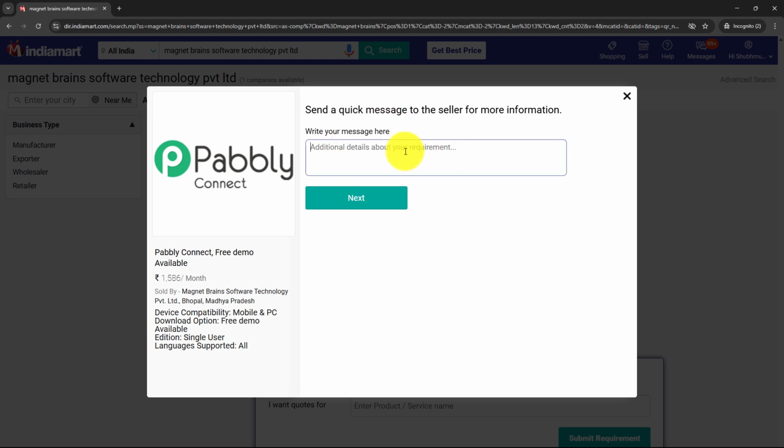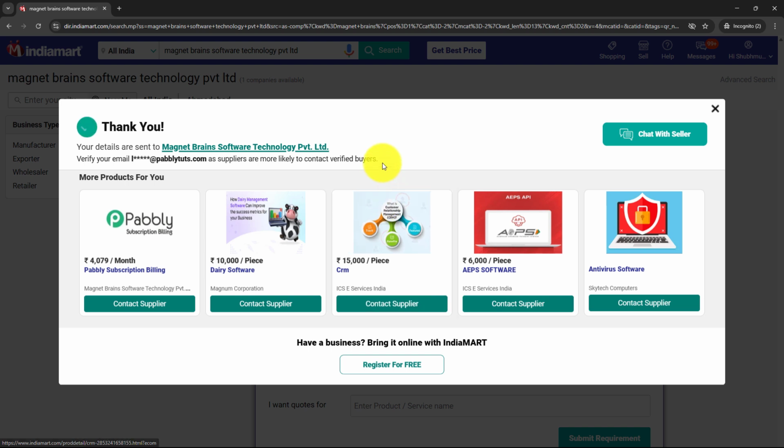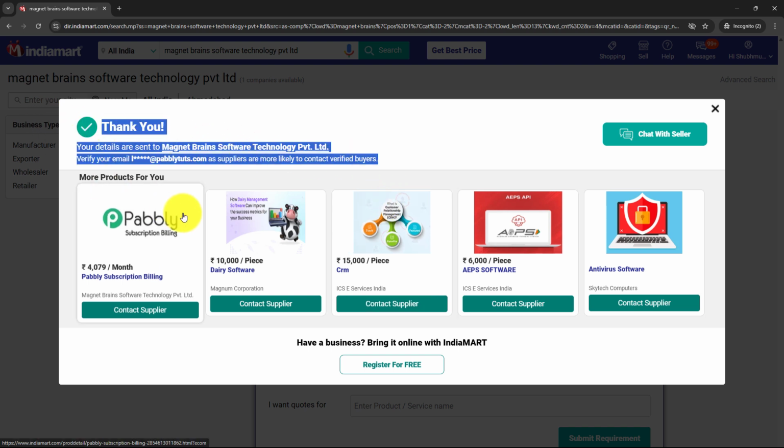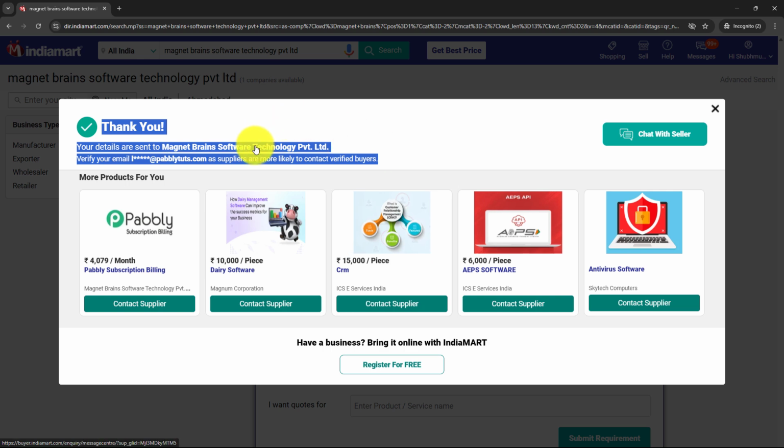So let's say my query is: hello, looking for professional web development services to create a user-friendly and responsive website? Please share your portfolio and pricing details. Waiting for your response. Thanks. Now as I have added my query, I am going to click on this next. And as this field is not a required one, I am going to skip this and then click on this submit. Here I have successfully submitted my query from my profile to my own business, and Pabbly Connect should capture